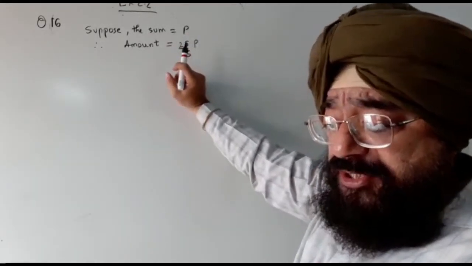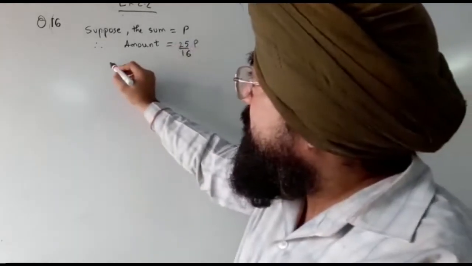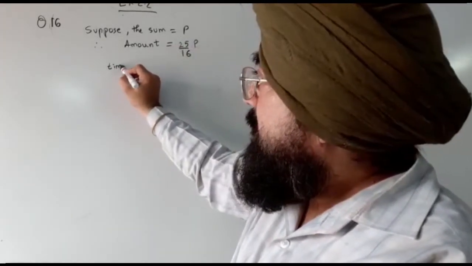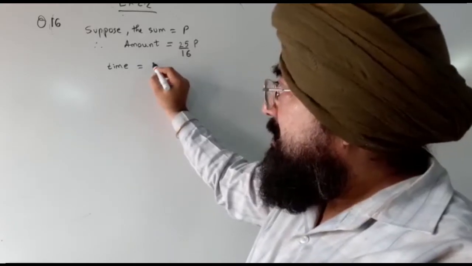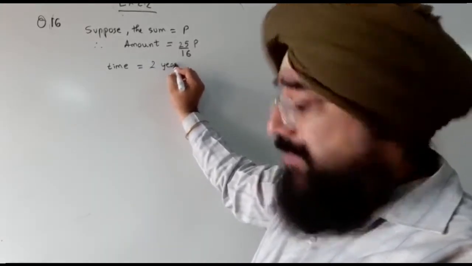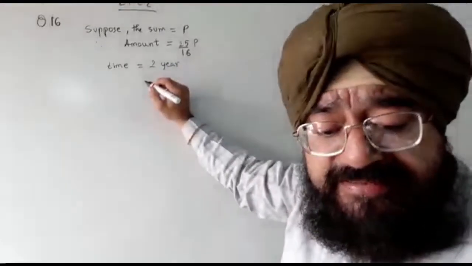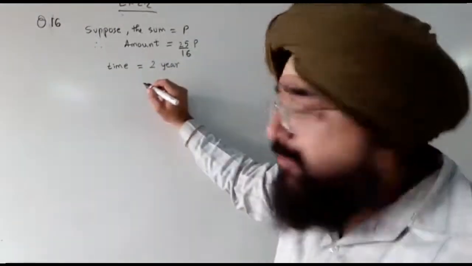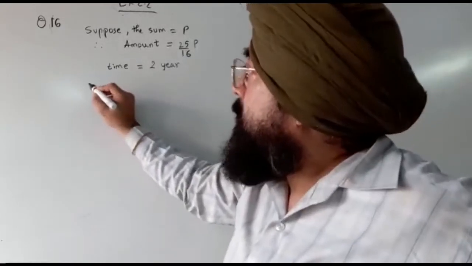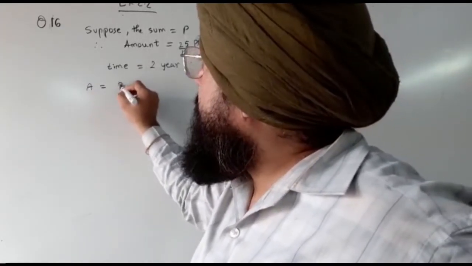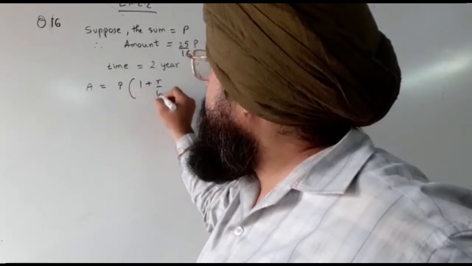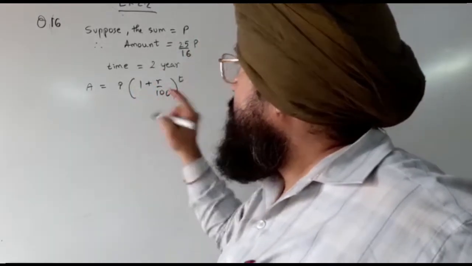Determine the rate of interest, and this happens in 2 years. We are going to use the formula, and we need to find the rate of interest. Yes, Jishan, you're correct when you are analyzing that. That is, we need to apply the formula. The formula is that A is equal to P in the bracket 1 plus R upon 100 to the power T. Using this formula,